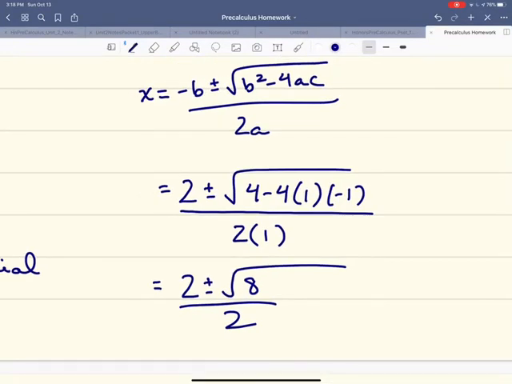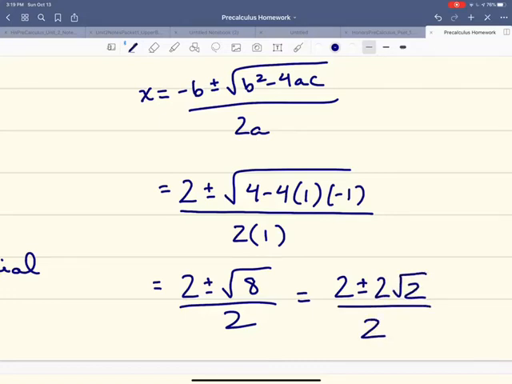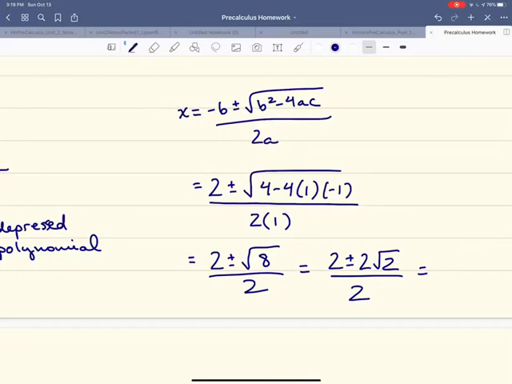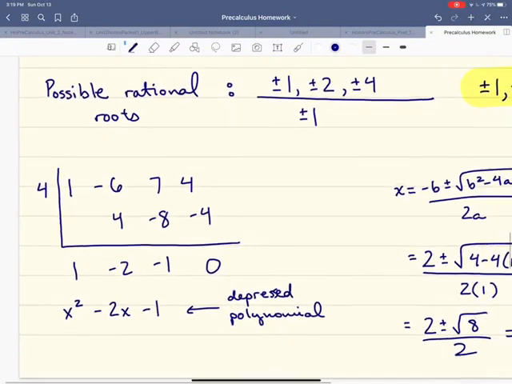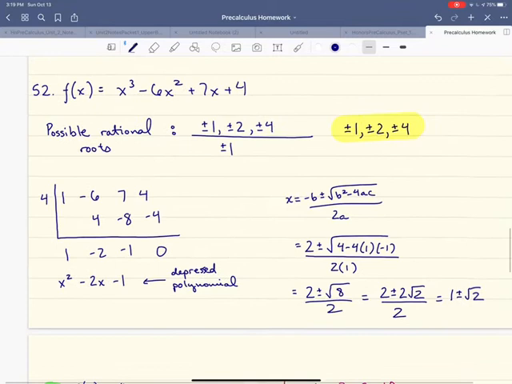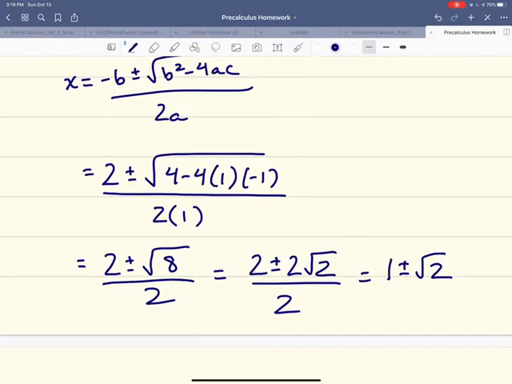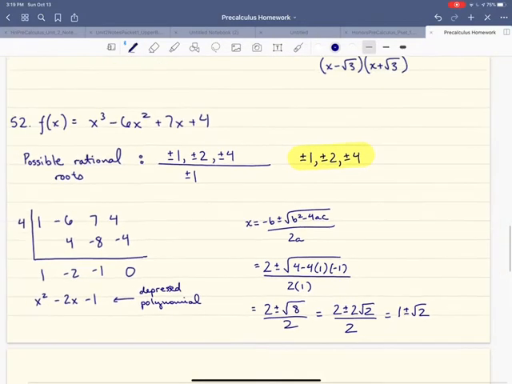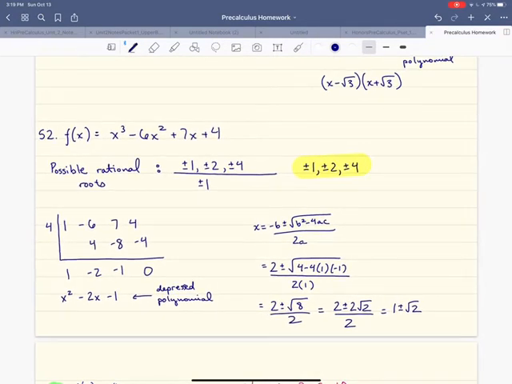The square root of 8 is 2 root 2. So this is 2 plus or minus 2 root 2 over 2. And that simplifies to 1 plus or minus root 2. So this polynomial function has the rational zero 4 and then 2 irrational zeros, 1 plus root 2 and 1 minus root 2. So let's write out all of the real zeros